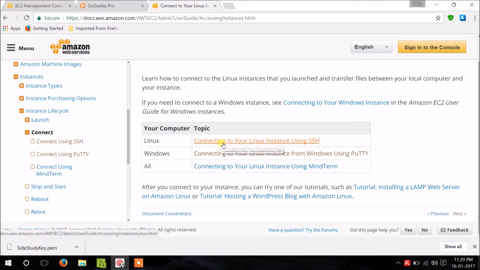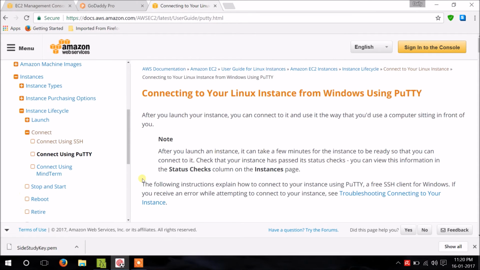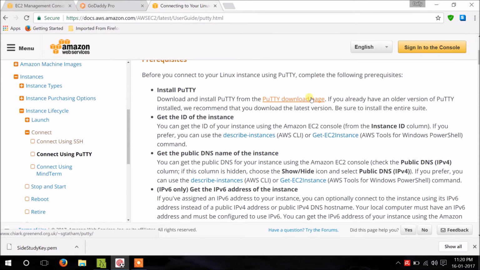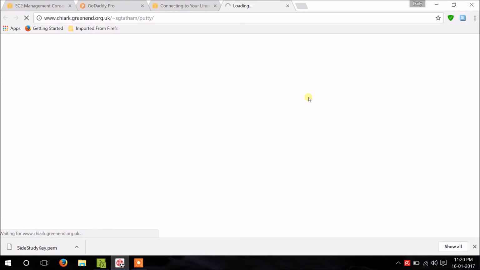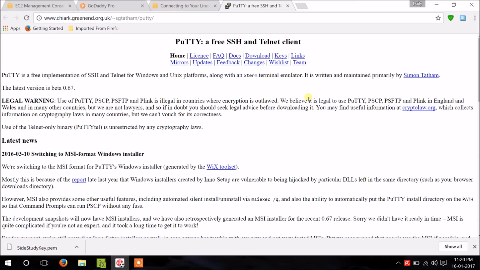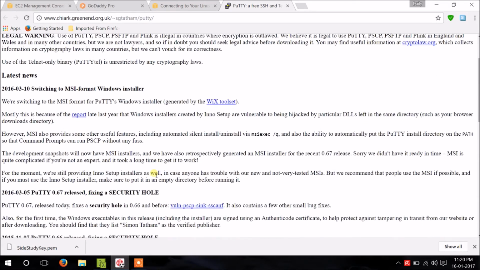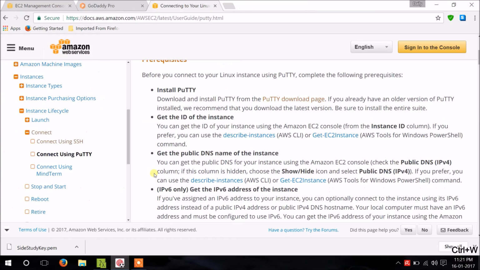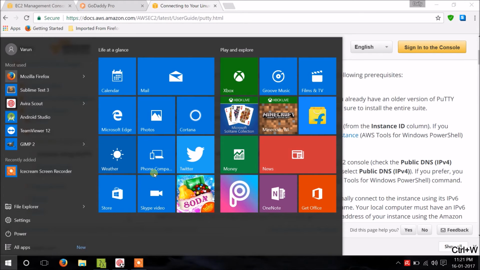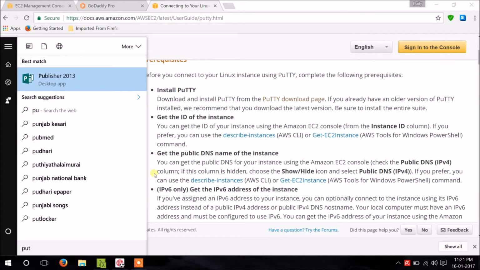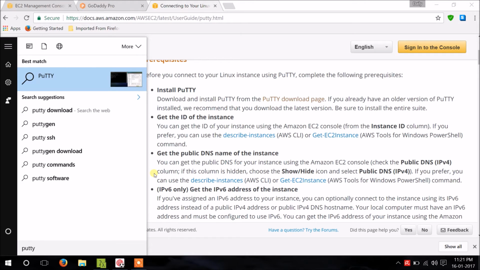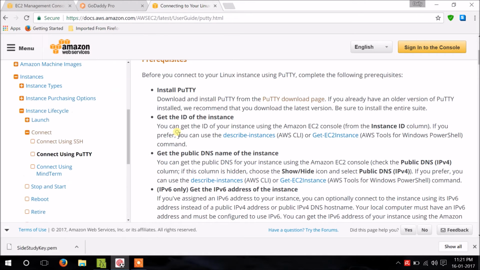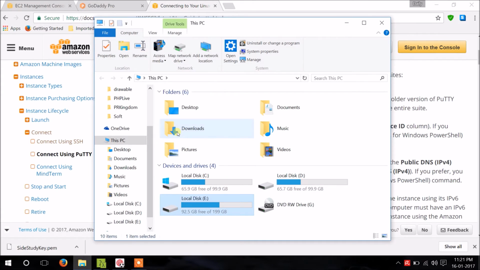And if you are a Linux user, you may be familiar with SSH. You can use SSH, but we'll be using PuTTY. It's very easy. You must download PuTTY from this website. So this is the PuTTY website. You can download PuTTY from here, but I already have it. For the first time you are connecting, you need it, but I have not installed it, so